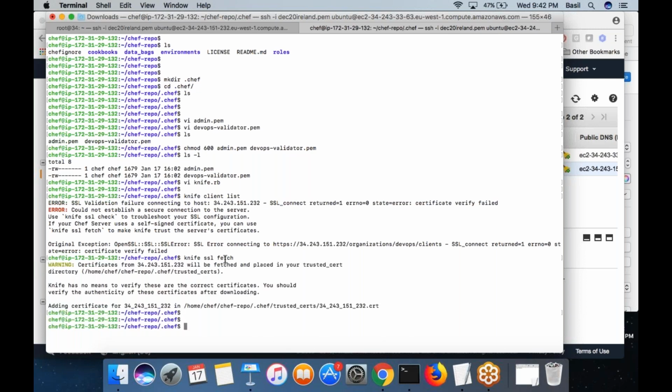So now you run the command again, knife client list. You can see the chef server is responding to the workstation with the list of clients. So you are getting a response. What it means is the workstation has successfully connected with the chef server.